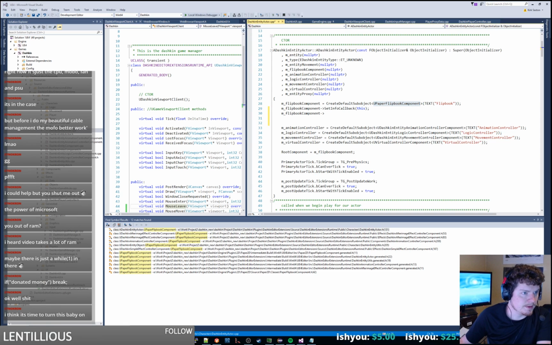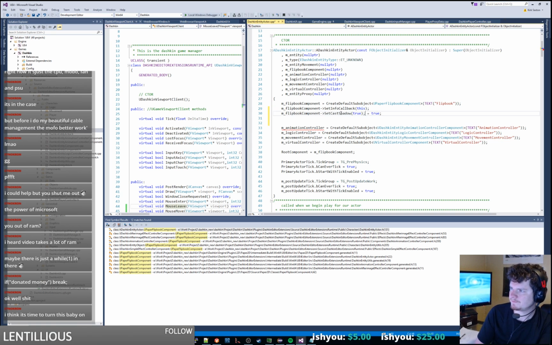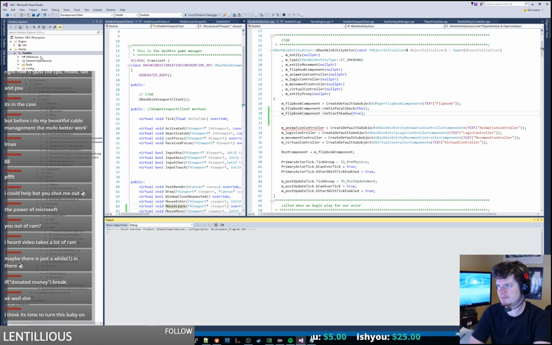New paper flipbook component. All right, let's look it up. It's part of a primitive component, and let's do shadows. Let's just tell them to cast shadows.